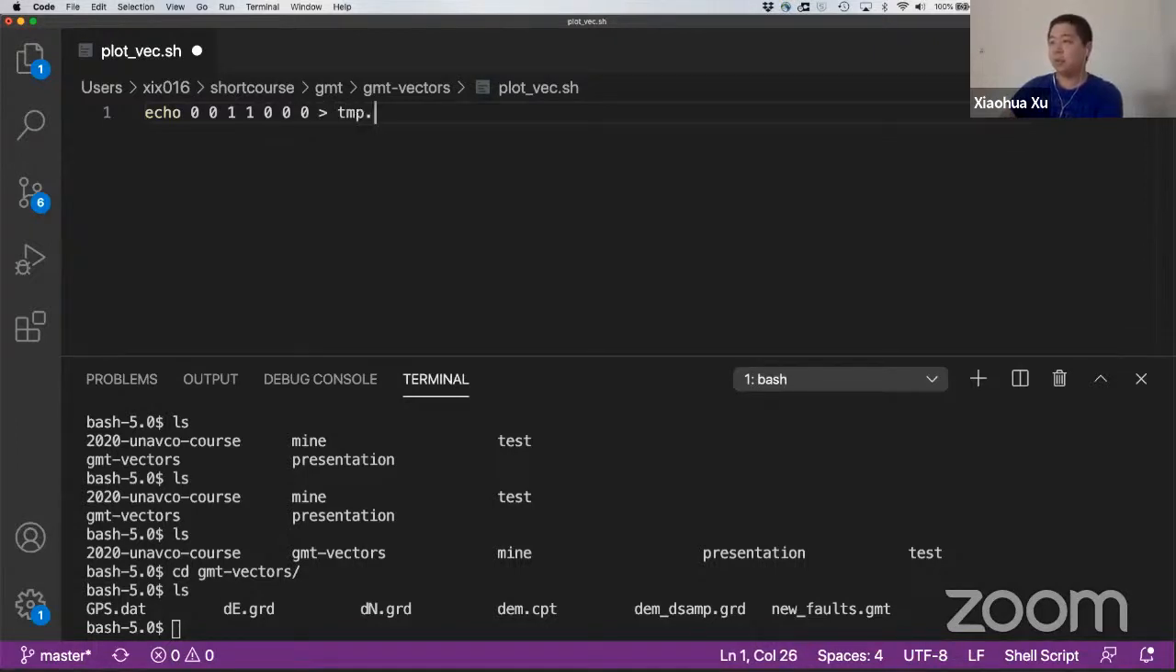Let's call it temp.dat. It's just a random name. Also, I would like to set up some parameters for the plotting. I'm going to call it GRB equals. These are the -J option. Here we're going to use just Cartesian in scale